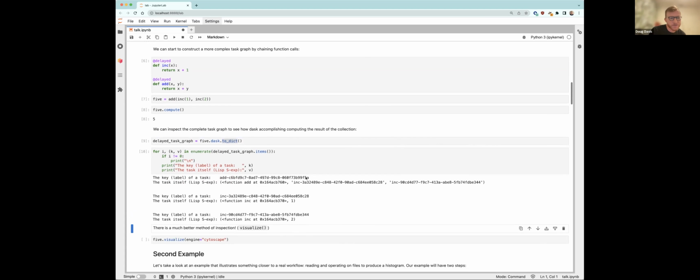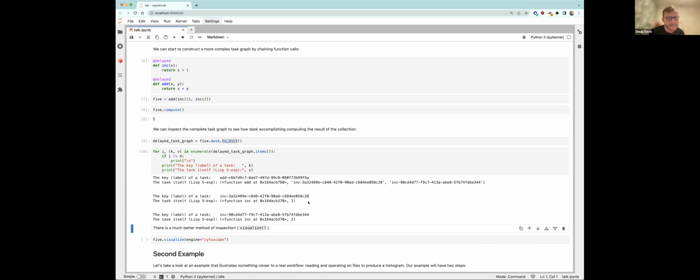So what Dask is doing is it's creating something kind of Lispy. Every task has a label and then some function, some lazy function call represented by a tuple. And the way that Dask can chain these together is that the label assigned to a task can be passed